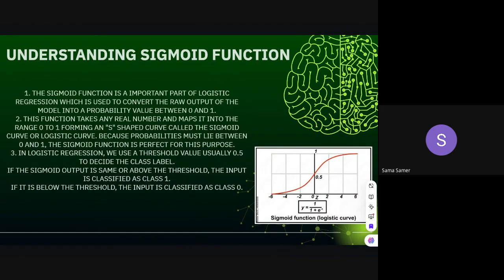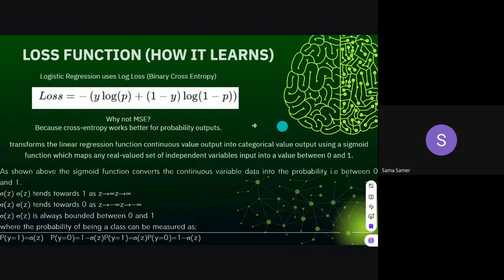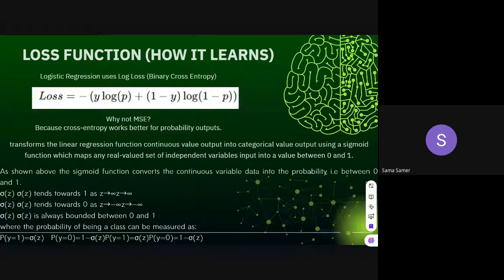Again, this is a brief explanation of what I have said. And let's go to our loss function. We have said that logistic regression depends on a probability, and the probability here affects our loss function. Our goal is always to have the minimum loss function. So the question here: how do I know the loss function, or what is the math behind it?